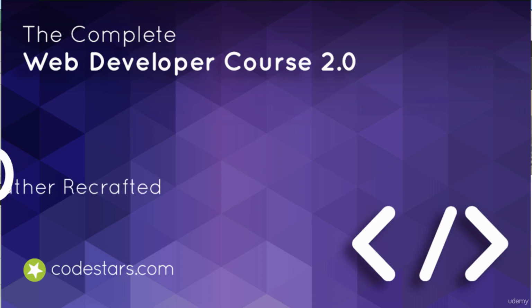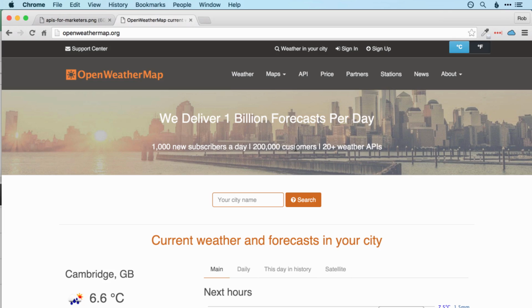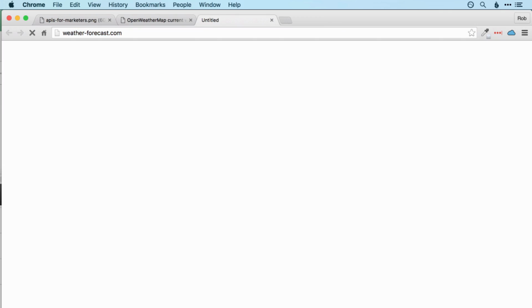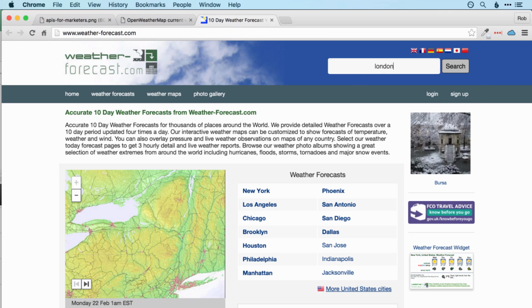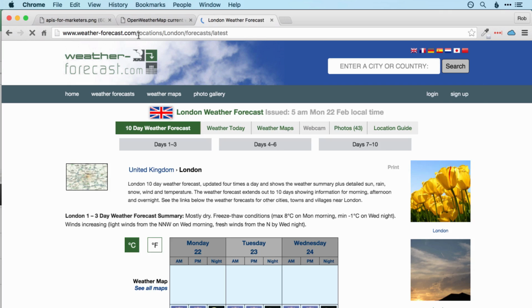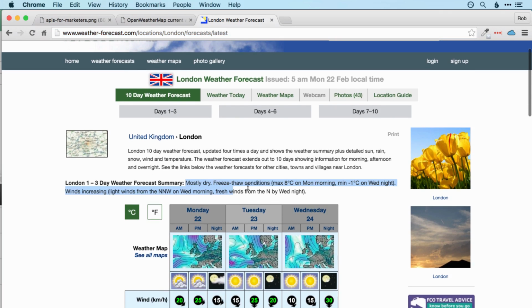To get our first taste of APIs, we're going to be working with OpenWeatherMap, and we're going to use its API to get the weather rather than scraping it from a website as we did before. So as a quick reminder, previously we used weatherforecast.com, and we noted that if you search for a particular location, then it puts that location in the URL, and then we loaded that URL using file get contents in PHP, and we extracted the weather forecast from that HTML